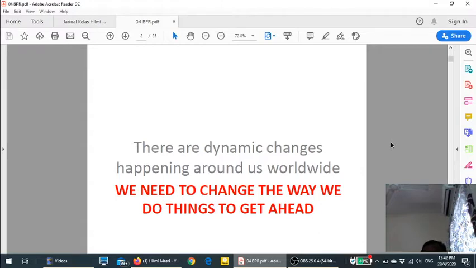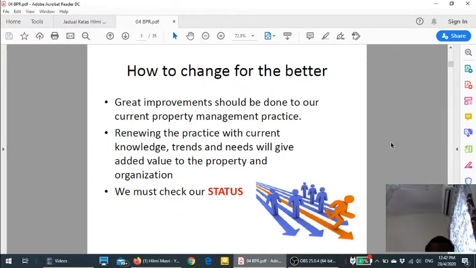So these kinds of conditions affect not only our profession but other professions all over the world. People are losing their jobs, people are losing their income left and right. So whatever we have, we must be thankful, and we must try to adapt to the changes that are currently happening around us.